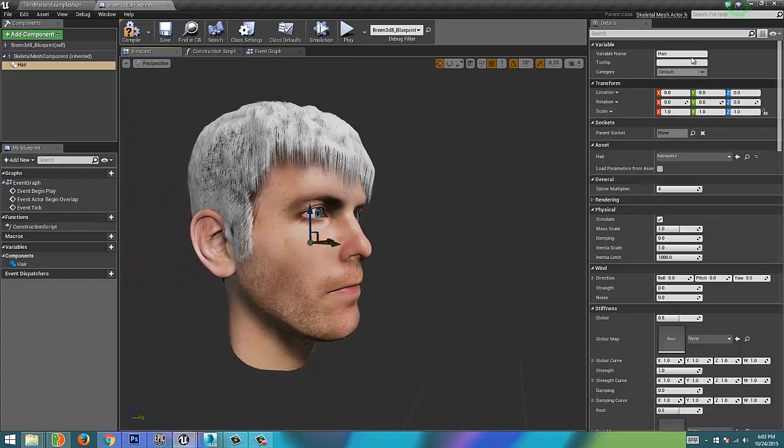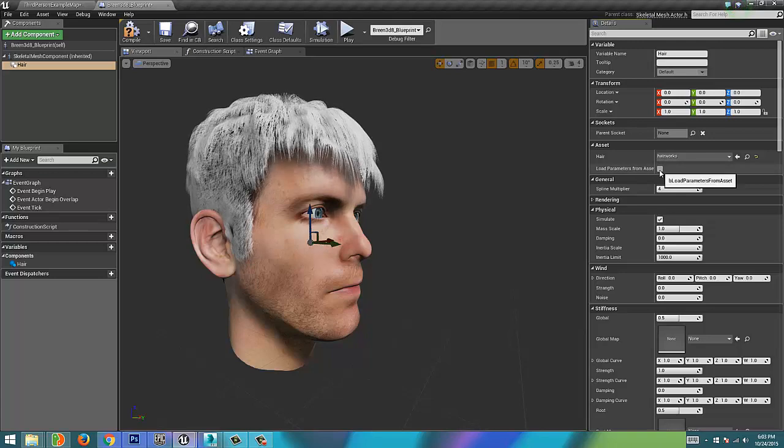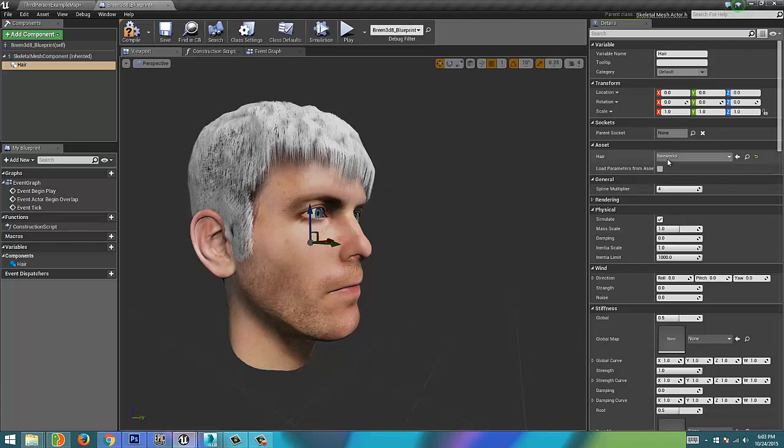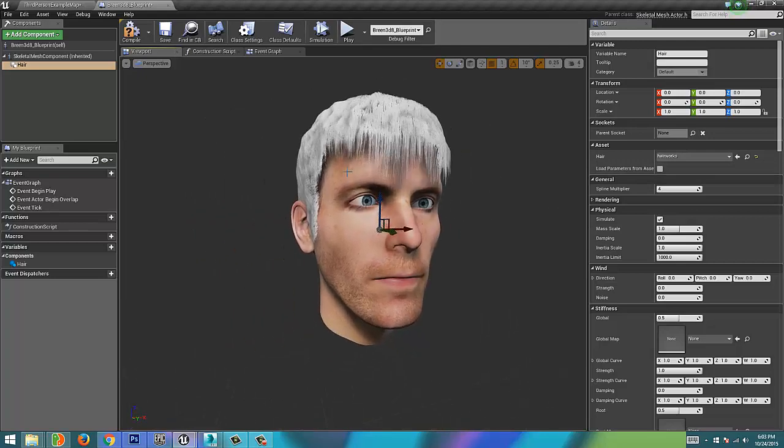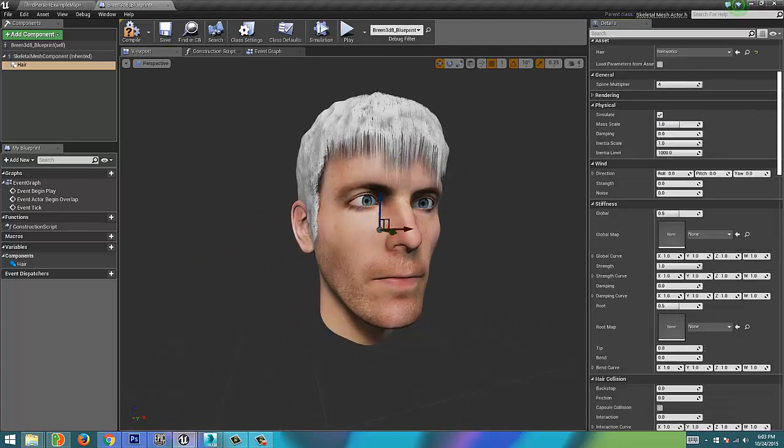and it's all gray. So you can set this all up in another application and mess around with the features, and then you can just click here to load the parameters from assets, and for some reason it's not letting me. I guess there are no parameters right now for whatever reason,